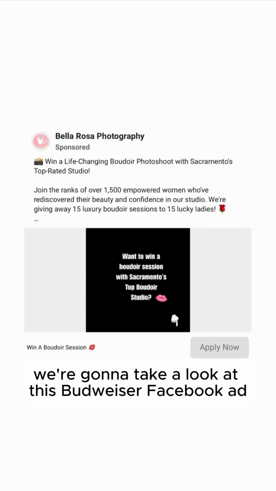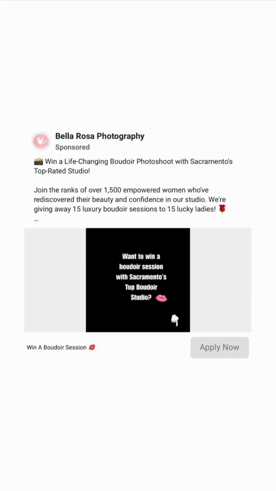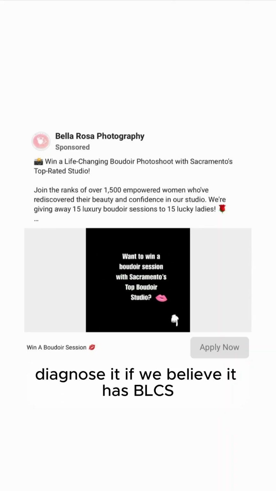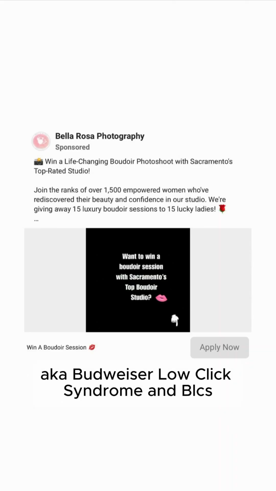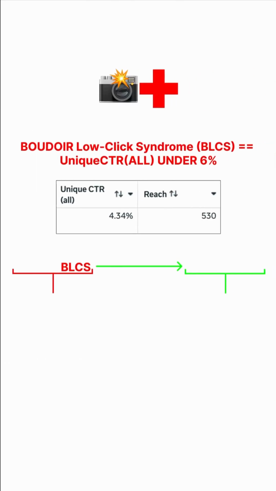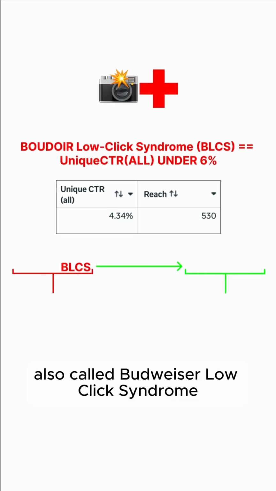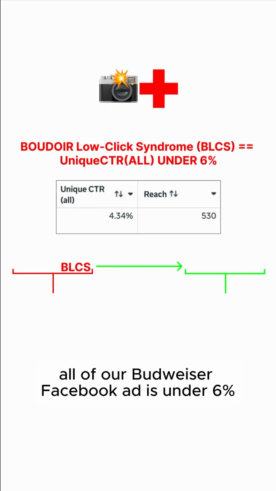All right, y'all, we're going to take a look at this Boudoir Facebook ad and diagnose it if we believe it has BLCS, aka Boudoir low click syndrome. BLCS, also called Boudoir low click syndrome, is when the unique CTR all of our Boudoir Facebook ad is under